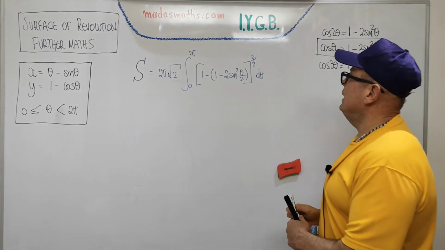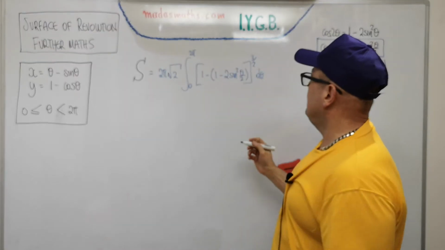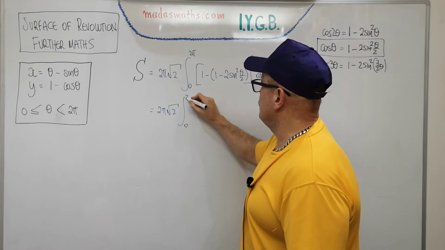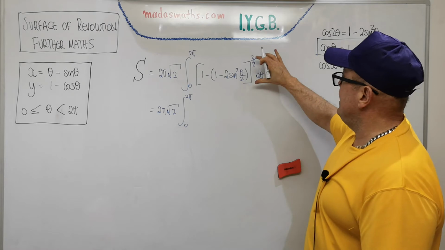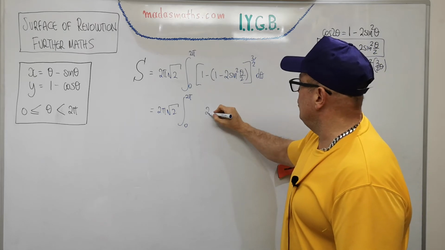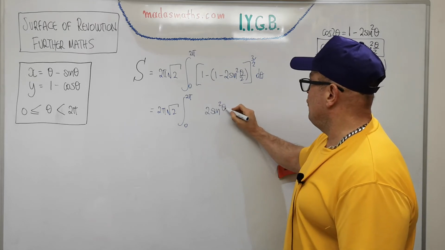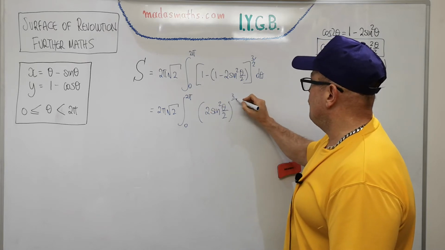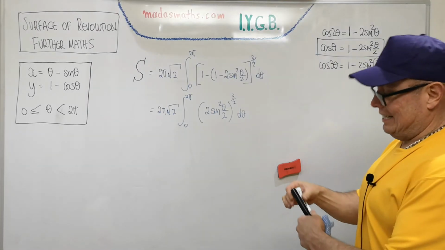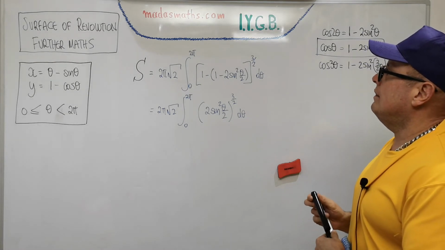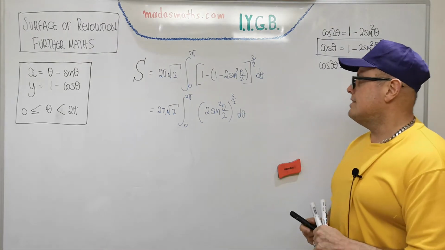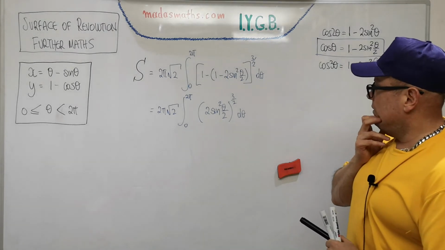So far so good. My intention was, of course, to get rid of the 1s, and I did get rid of the 1s. So 2 pi square root of 2, 0 to 2 pi, and now inside the square bracket, 1 minus 1 cancel, and I have 2 sine squared of theta over 2, all to the power of 3 over 2 d theta. I don't think we're done yet. It's a lot harder than I thought, this question, actually. Until you actually do it, you cannot possibly see the difficulty. It's a little bit involved. I'll tell you how many stars this probably is in my star rating system that I use in my books and my practice papers. Just do it in